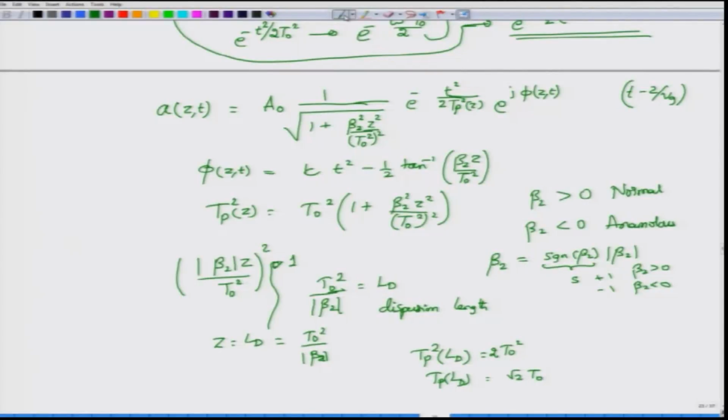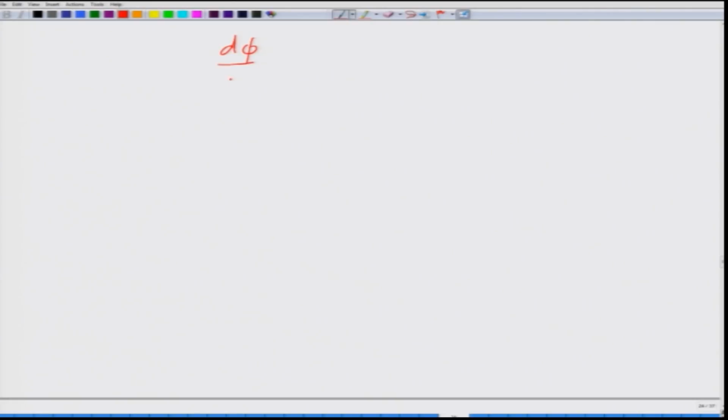But before that, let me go back to this phase term phi and look at what is the term out here. This kappa is a constant which you can find as an exercise. When you fix z and look at the derivative of phi with respect to t, d phi by dt, this is equal to the instantaneous frequency. In this case the instantaneous frequency is the frequency deviation that I am measuring. Please remember, it is not the actual frequency, but the deviation of the frequency from omega 0, and that can be obtained by differentiating the phase. This is something that you know from your frequency modulation theories.